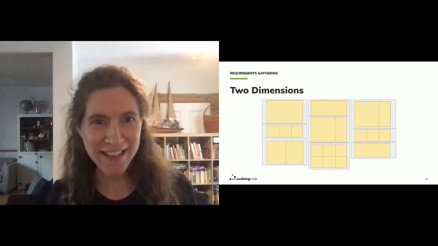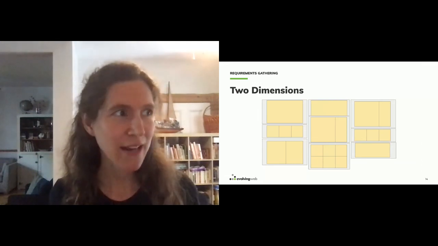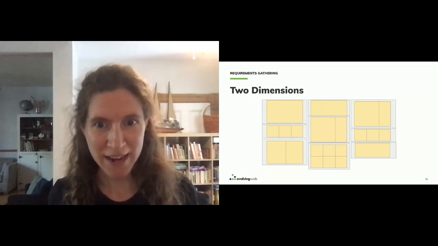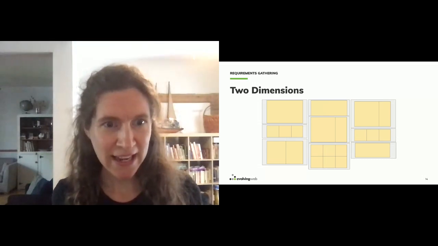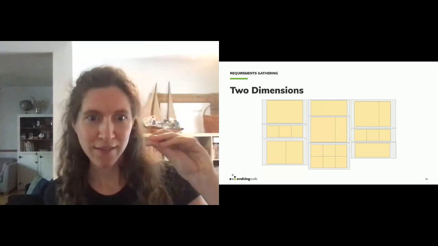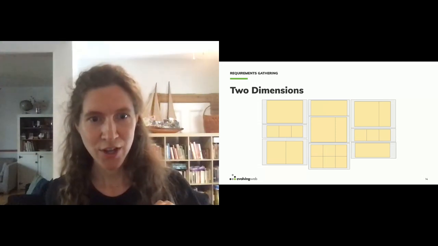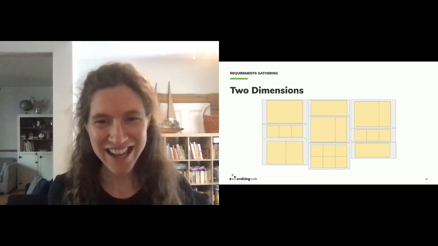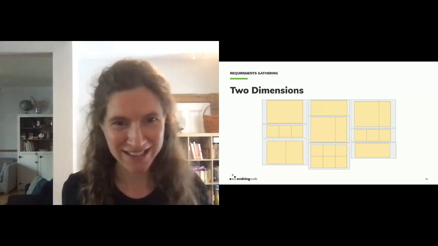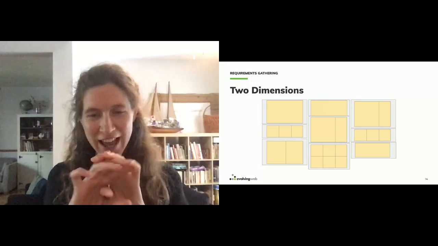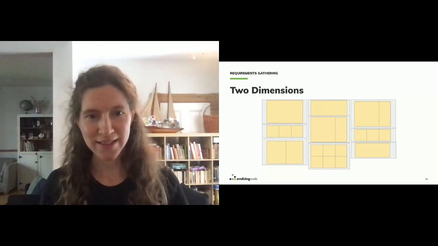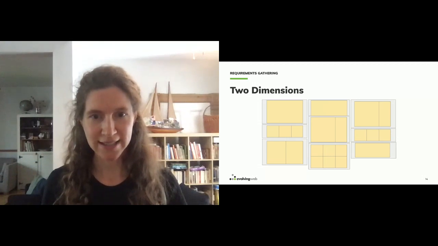And a page like this, I think of it as being kind of two-dimensional. So the content editor, when they're creating the page, is going to be thinking about all the different components that make up the page. Those components are the gray boxes. For those of you who maybe can't see this, there's just one gray box after the next. And then the yellow elements are the actual content itself.